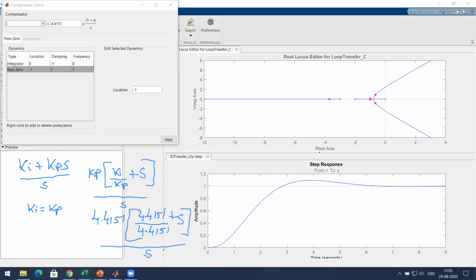Now did you understand? Yes, sir. So Kp is 4.4151 and Ki is equal to 4.4151. If you feed in these values, you will get this response.